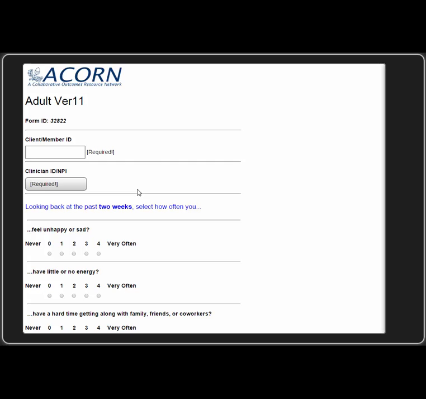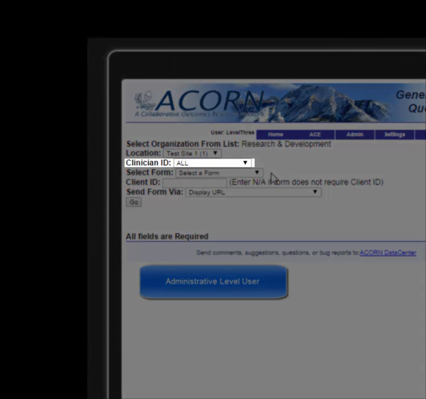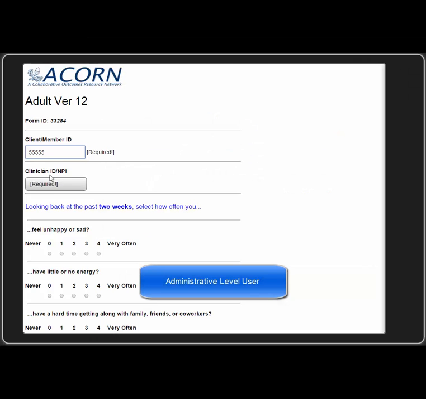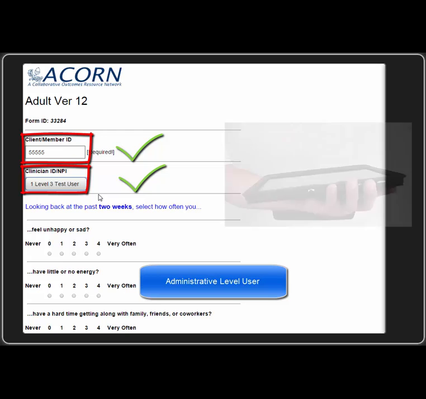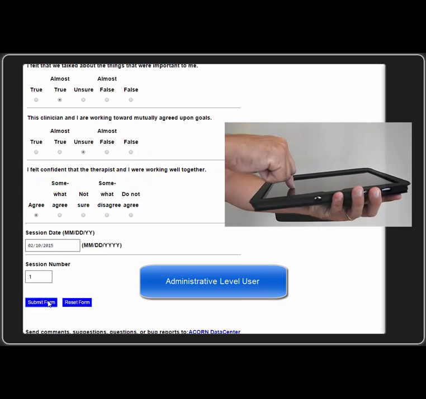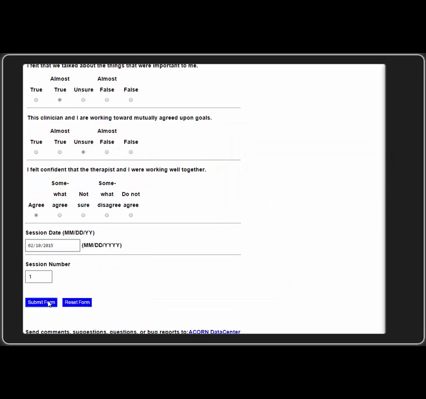If you opted to leave Clinician ID or Client ID blank, they will need to be filled in every time here. If you set the Clinician ID to All on the prior page, you'll see that there is a drop-down menu that allows you to select from available Clinician IDs. You'll want to make sure that the client and clinician IDs are correct before letting the client fill out his or her responses. That way, they can simply press the Submit Form button once they are done filling out the